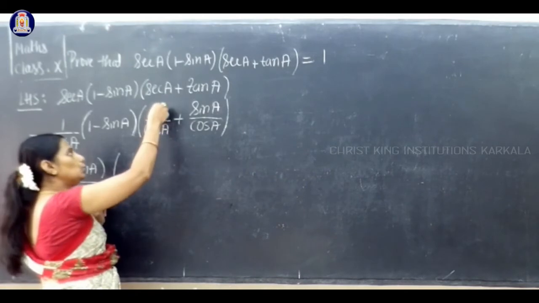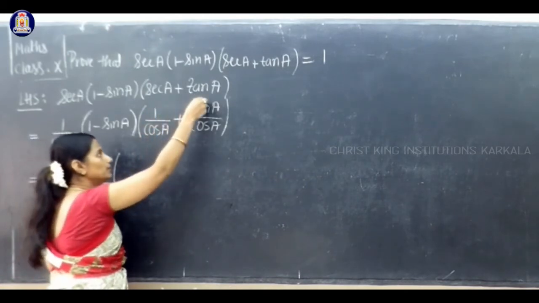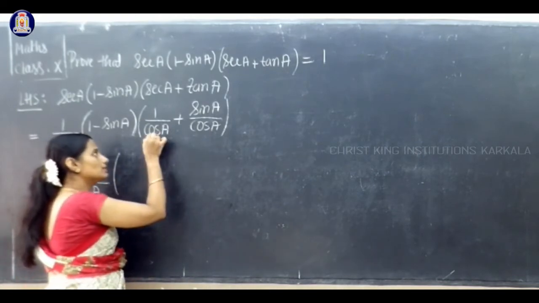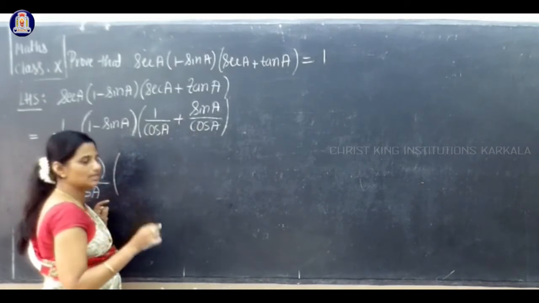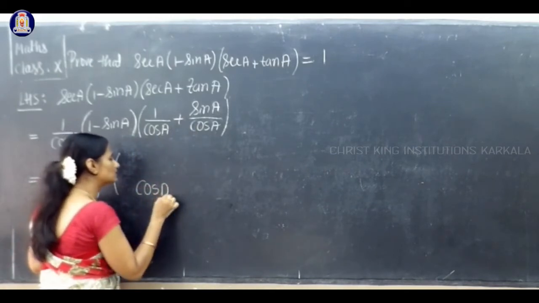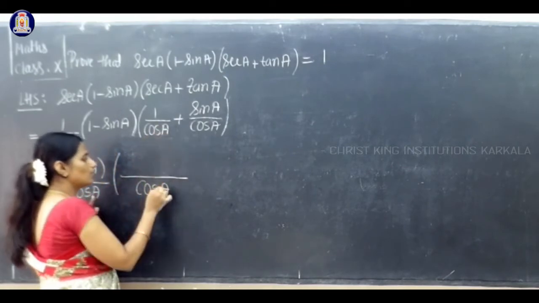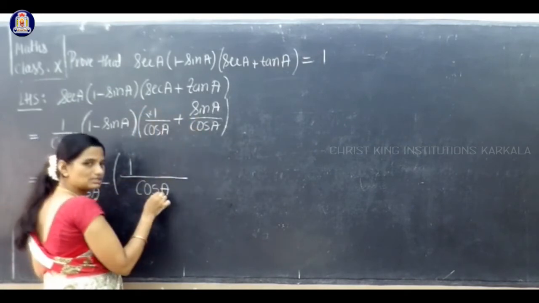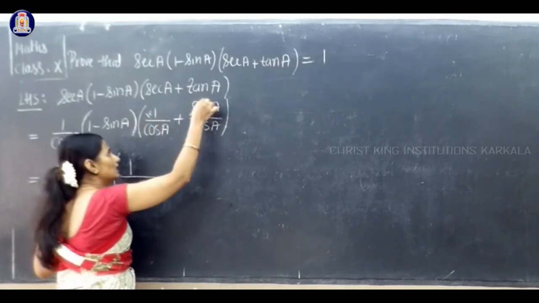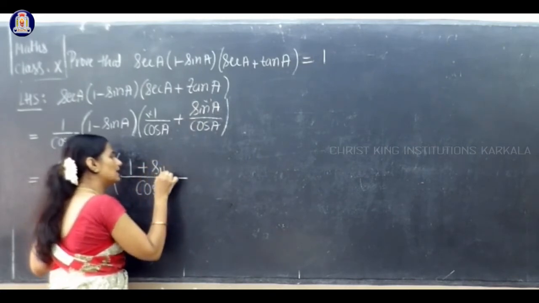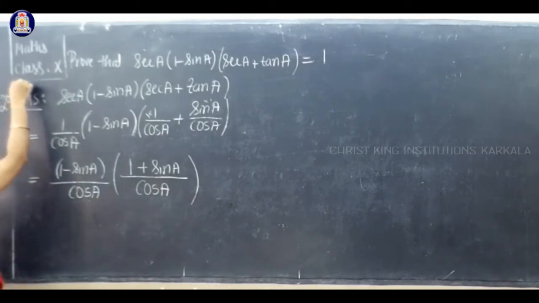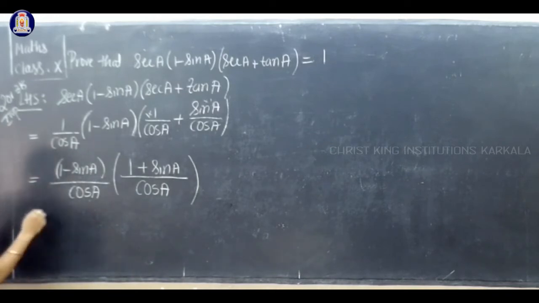This is like numerator divided by denominator. Which method to apply? LCM, right? So the denominator is cos A, the same. So what is the LCM? LCM is cos A. If it is the same, cos how much is? Cos A 1 time. 1 into 1 is 1, right? Cos 1 time. So 1 into sin A is sin A. So plus sin A. Clear this? This is important for 2 marks, 2 or 3 marks. Important. Clear this? Yes, now next.